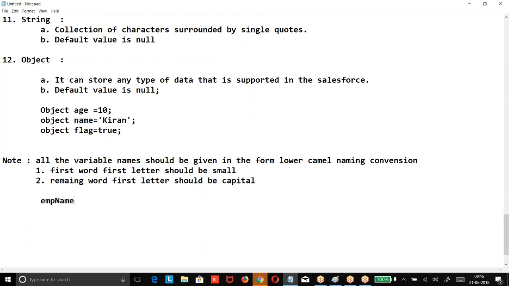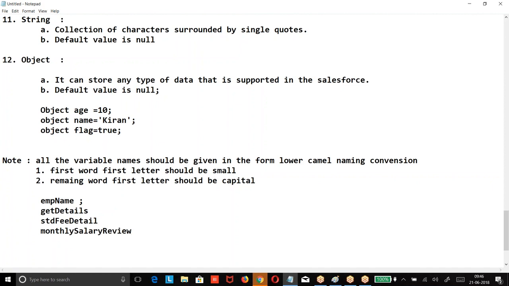We told EMP name, the details. The first word, first letter should be small.